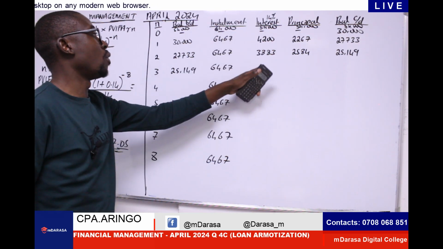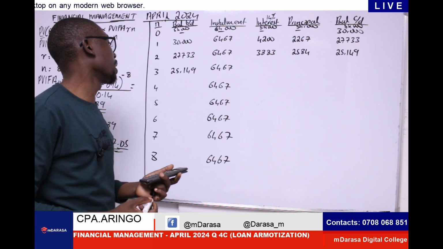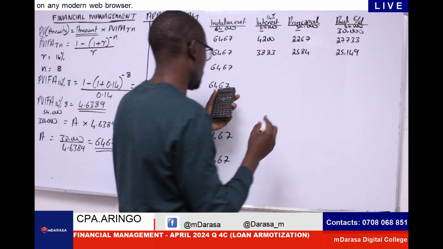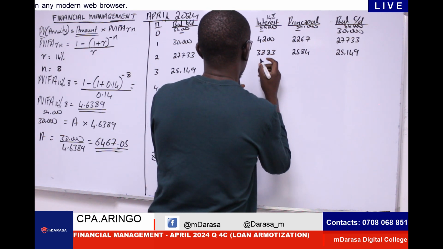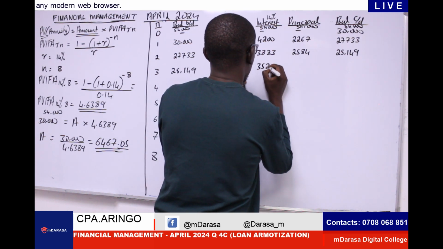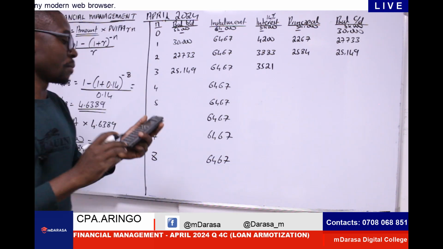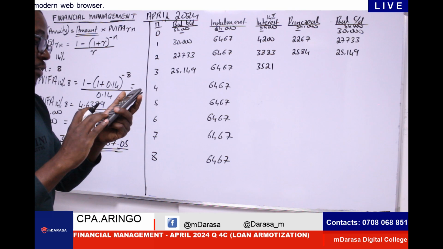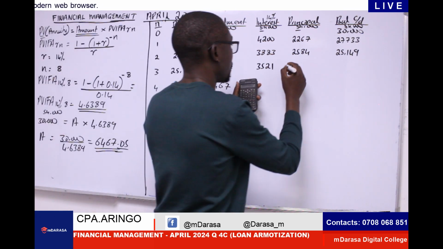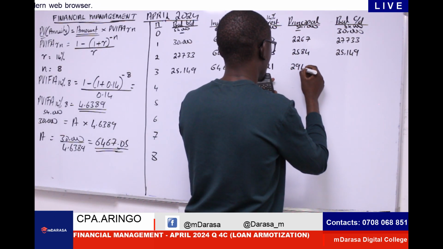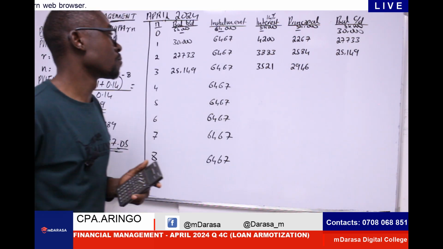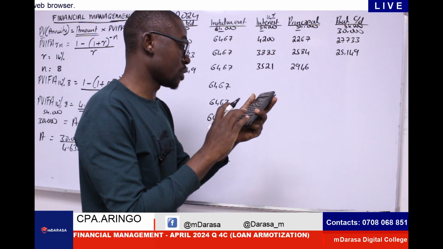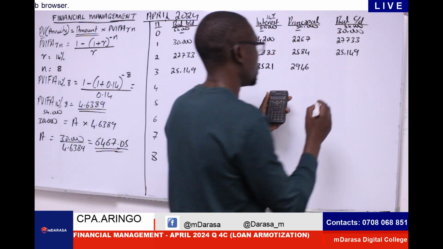So therefore our interest in year 3 will be times 0.14. This will give me 3521. So therefore my principal will be 6467 minus 3521, which I'll be having 2946. My values at the end, we should be talking of 25,149 minus answer to give us